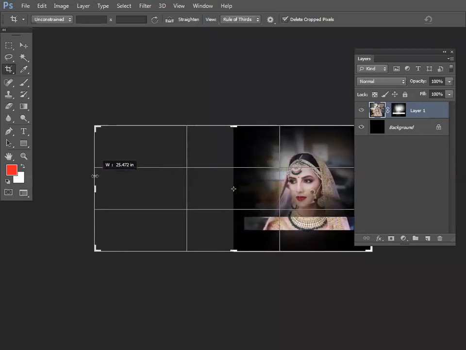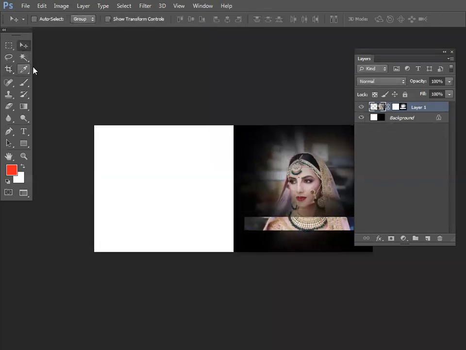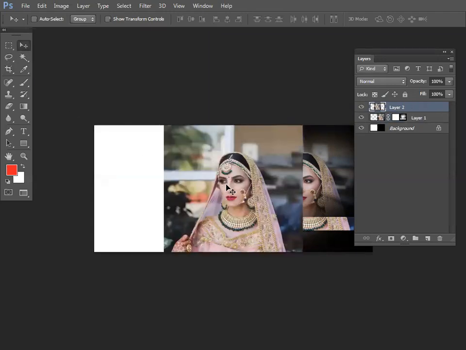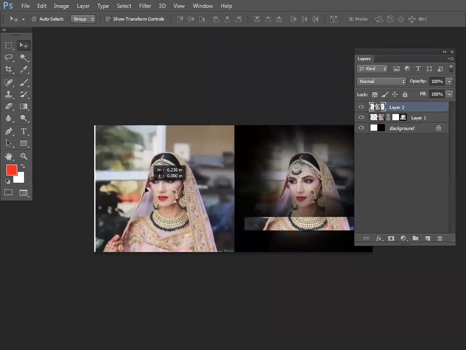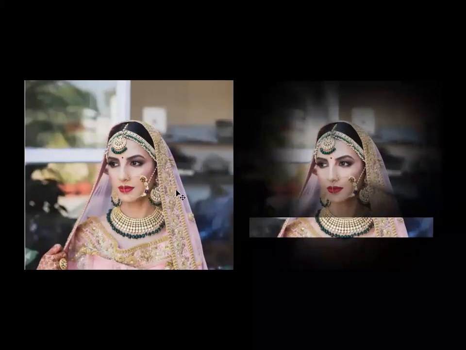Is it clear? Press enter, get the canvas doubled. Now paste your copied image and bring it to the left side. Finish. So we got to know what was and what is.